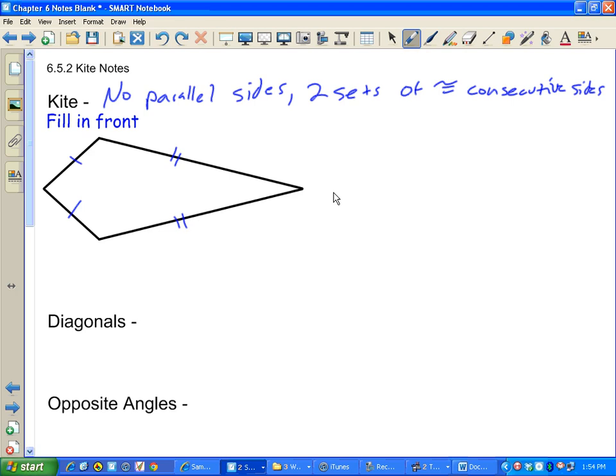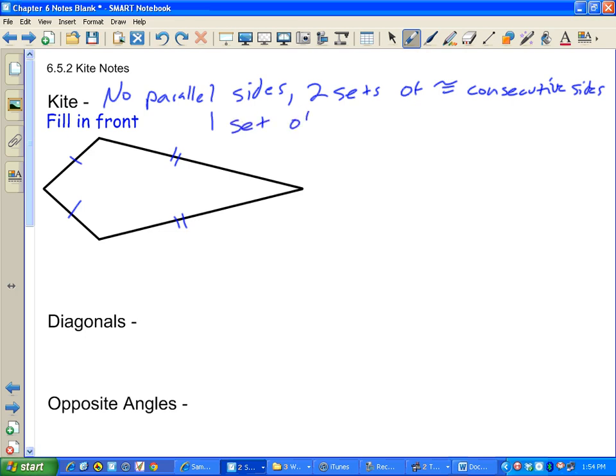What you have for a kite is you can't have any opposite sides that are congruent, because that would make it something else. If the opposite sides are congruent, that's going to make it a parallelogram. So you have to have just adjacent sides that are congruent, two sets of them. The other thing that you'll find is you're going to have